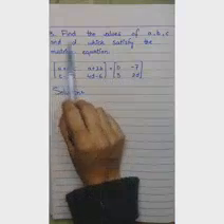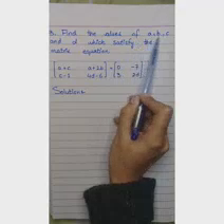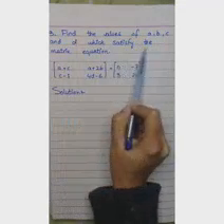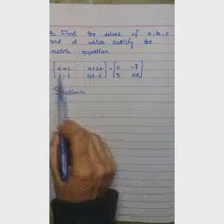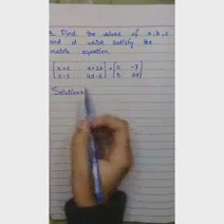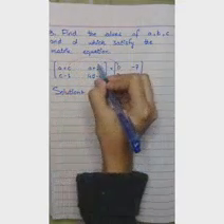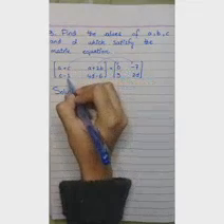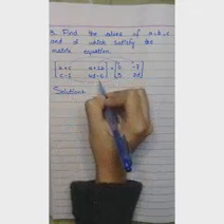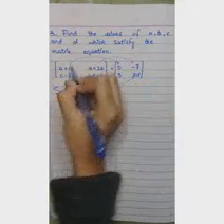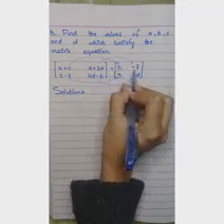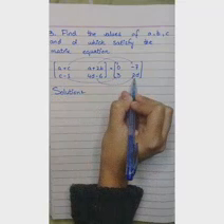This is question number 3. Find the values of a, b, c and d which satisfy the matrix equation. This is the matrix equation. You can say that if the matrix is equal to this matrix, then each entity is equal to each entity of the other matrix. So we can say that a plus c is equal to 0, a plus 2b equals minus 7, c minus 1 equals 3, and 4d minus 6 equals 2d.